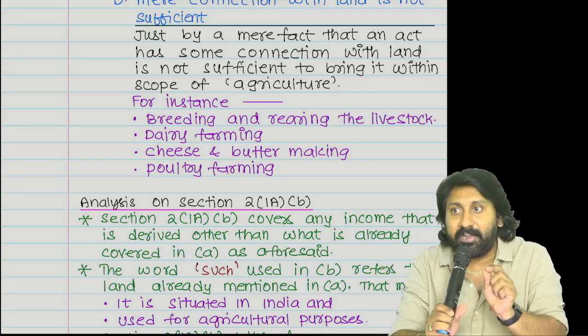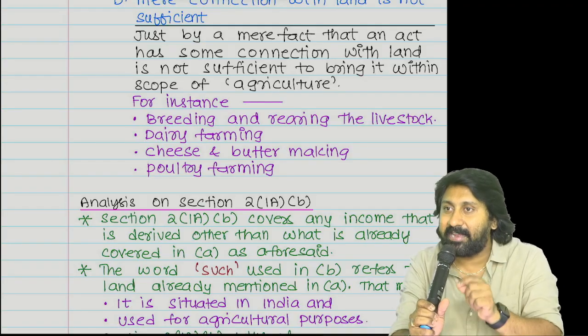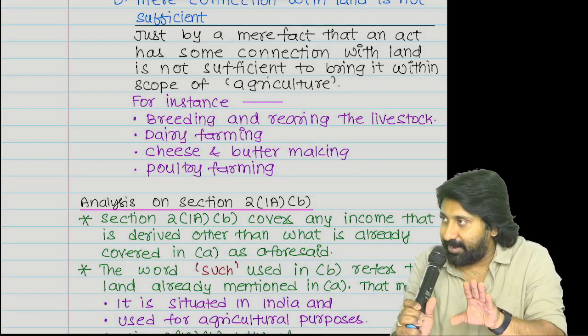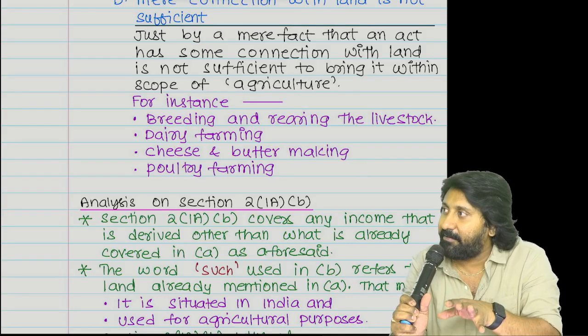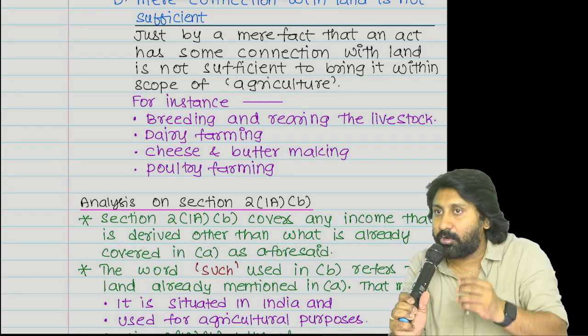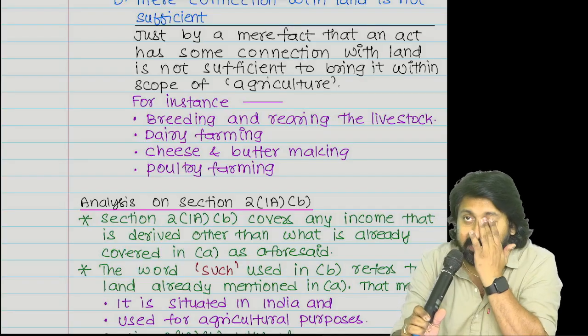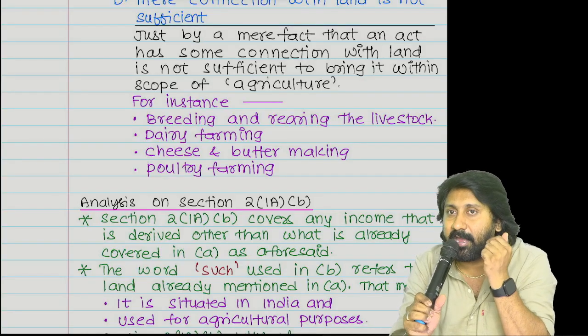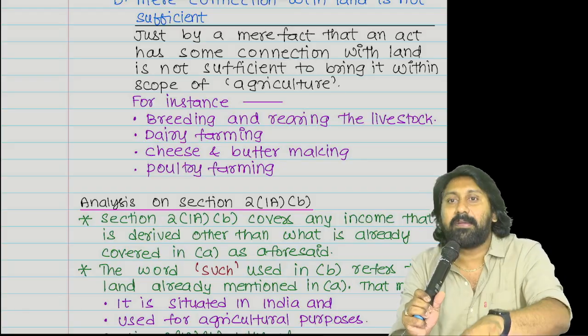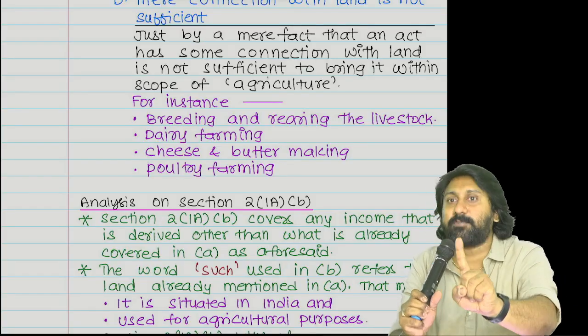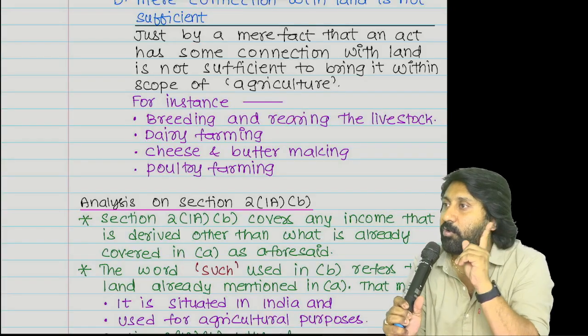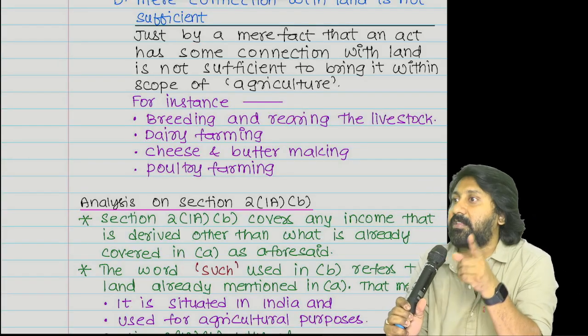But to give benefit, to encourage nurseries and plantations in India, the Government of India said that any income derived from the sale of produce grown in a nursery is not really agricultural, but I want to deem it as an agricultural commodity. That's the only exception in the entire thing. So what is the only exception? Nurseries are the only exception.